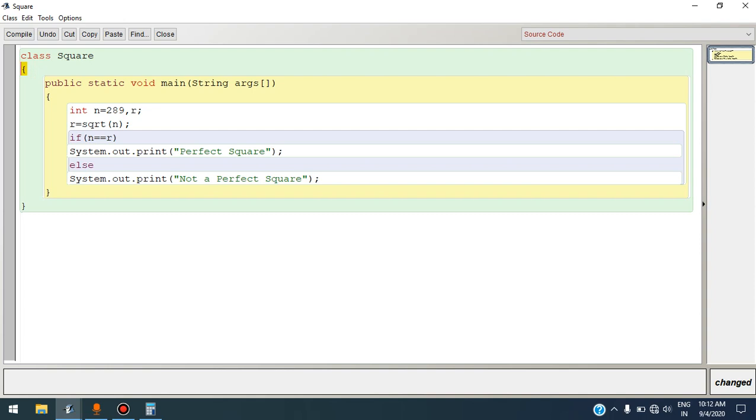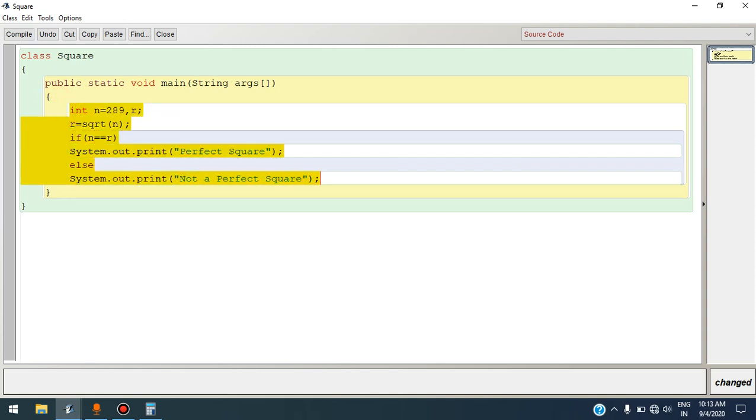After that, a pair of curly brackets is used, and then the main method is defined. Yes, the main method is defined correctly. First is public, static, void. All are keywords and all the letters are in small. Main is the method, it is a name. String is a class, and it is a data type. Args is the name of the array. Square brackets are used for declaring the array. So yes, the declaration of the main method is correct.